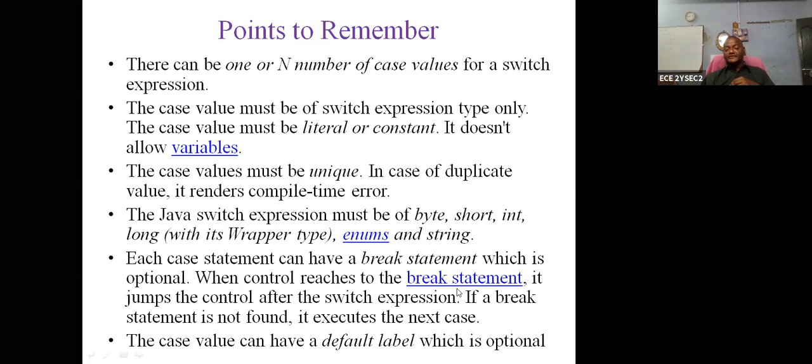When the control reaches the break statement, it jumps from that program to outside. So these are all number 1: you can assign the constant values. Number 2: there are no duplicate values. Number 3: a break is there. I can explain the break next. If the break is there, then the program stops the execution and quits from the switch. So this is called a break.